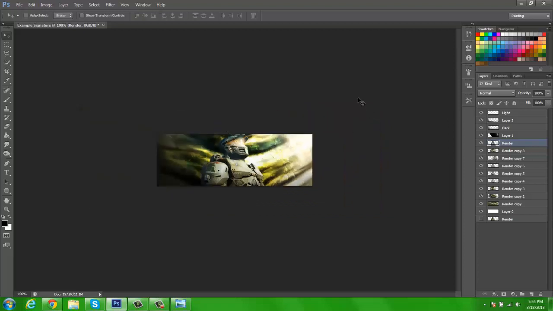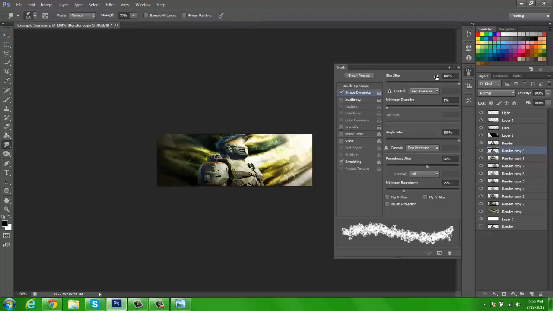Alright, that looks a bit better. Yeah, that looks better. So we're going to go ahead and get into these special effects. What I can do, I'm just going to take another render from the bottom here. That's where we always have that. And I am just going to smudge it one more time. Always smudge as needed,